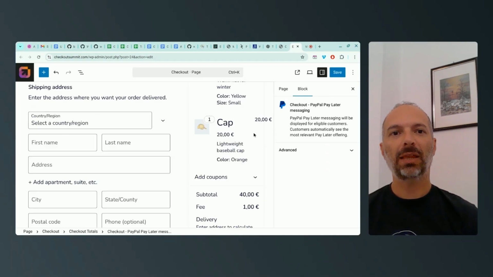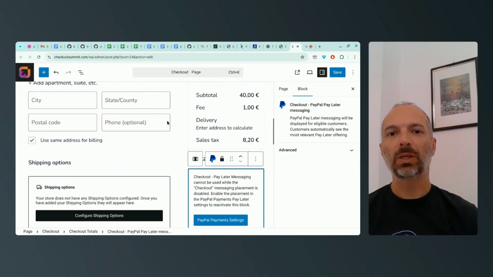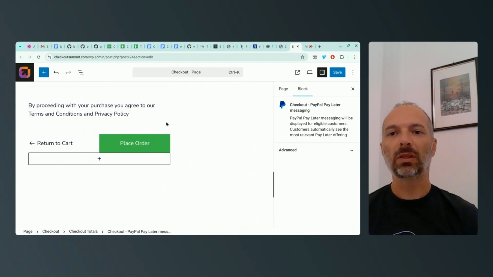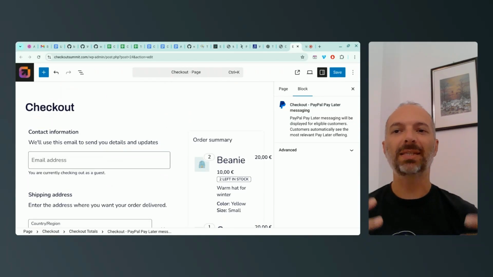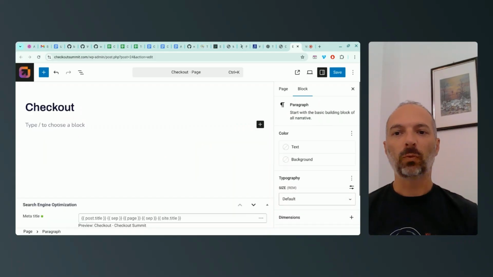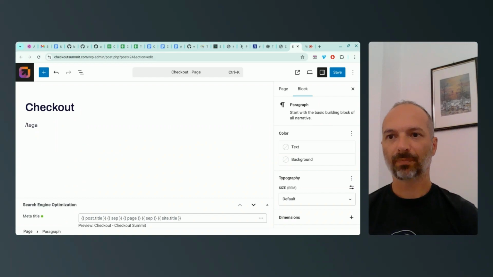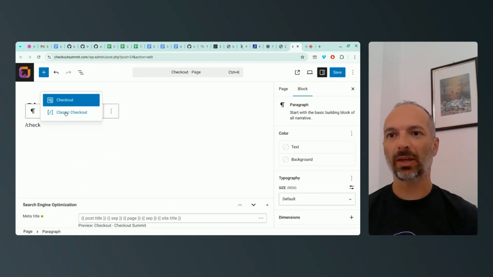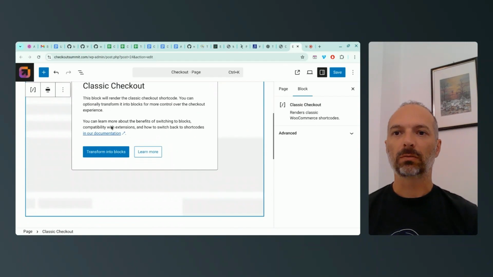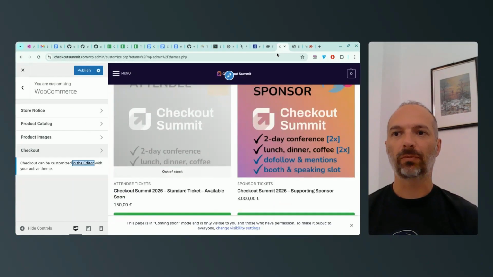Perfect, which at the moment is using the checkout block. Well, I won't be using checkout blocks. I will use the legacy checkout because I can customize it the way I want it. But in case the checkout block is active, then it will be disabled. So I'm going to put here the legacy checkout. Oh yeah, the classic checkout. So in this case, if I save and I refresh